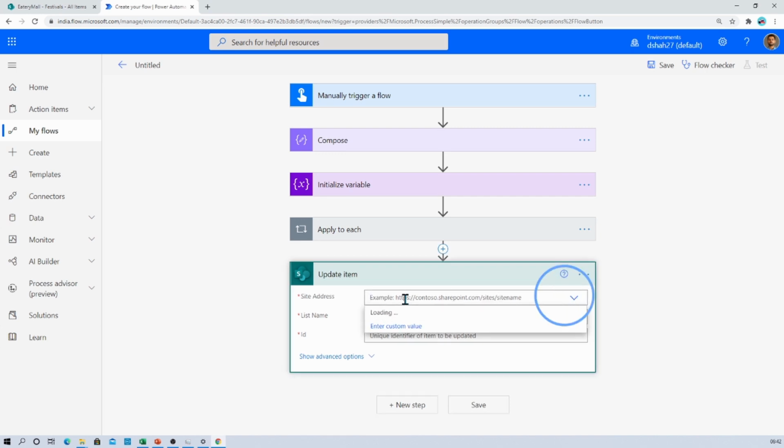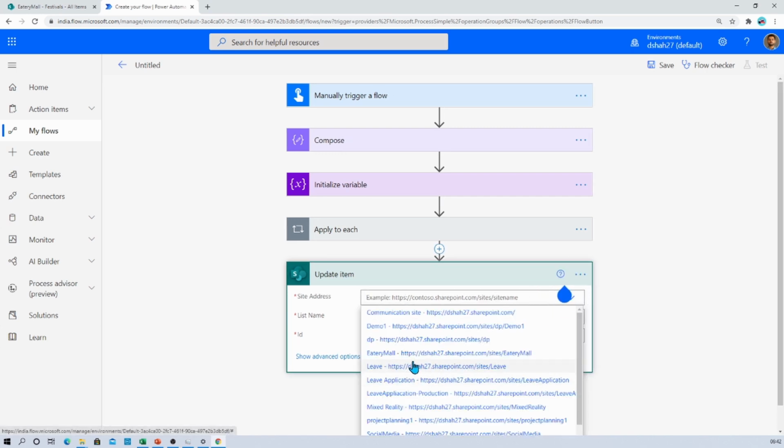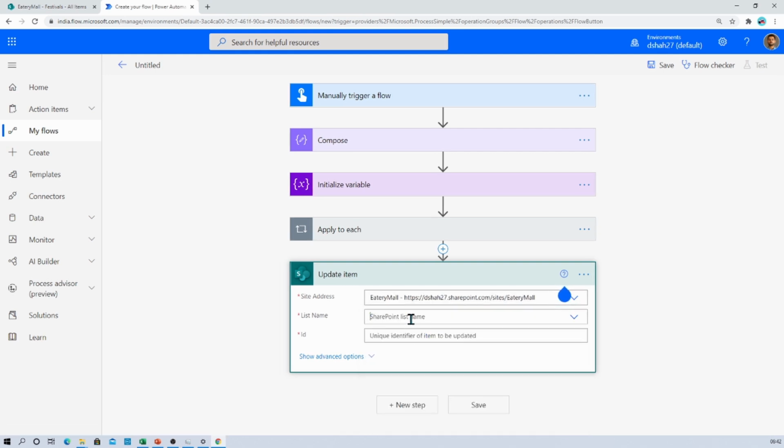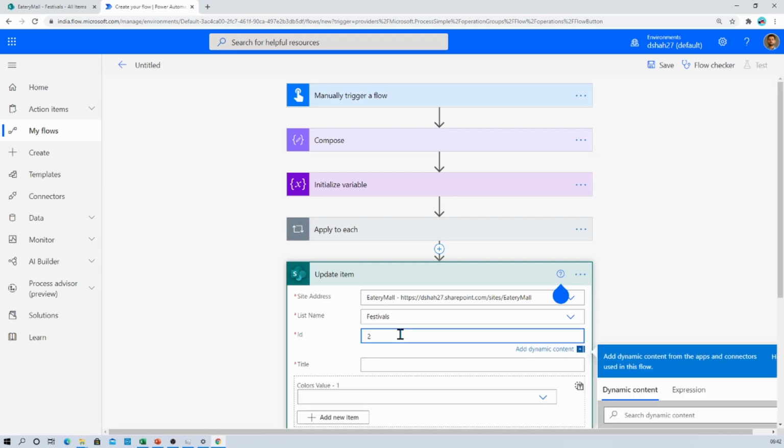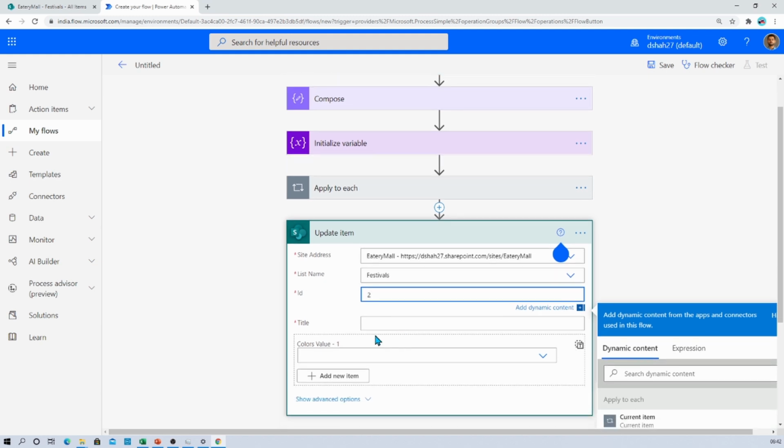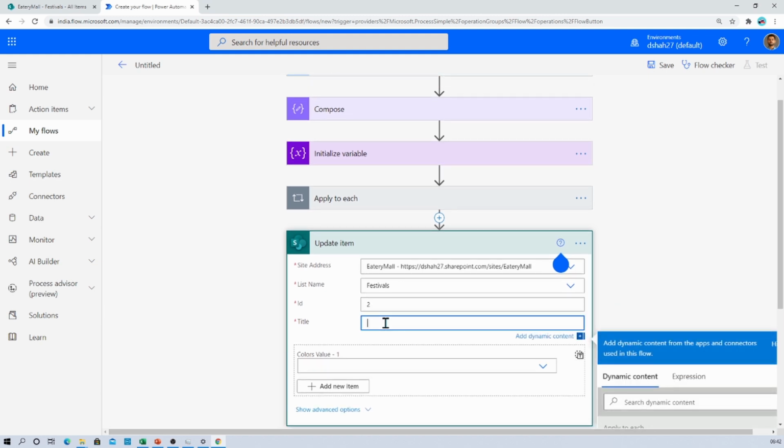Select the site address, so that would be eatery mall, list name that is festivals, and let me just pass static ID at this moment over here. So I just wanted to update item number 2, so I'm just passing 2 over here. Now we just need to provide title, so let me just add any static title, that is Uttarayan.